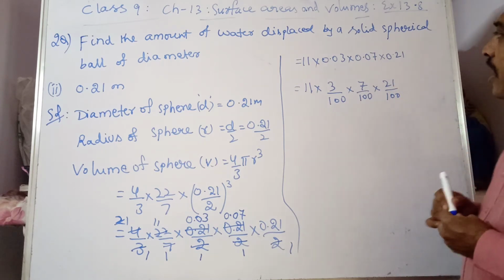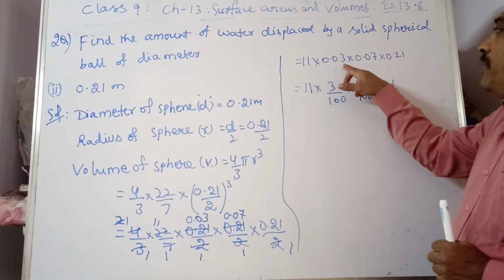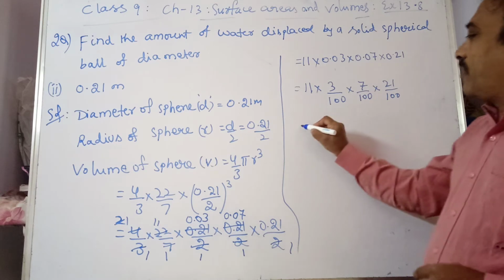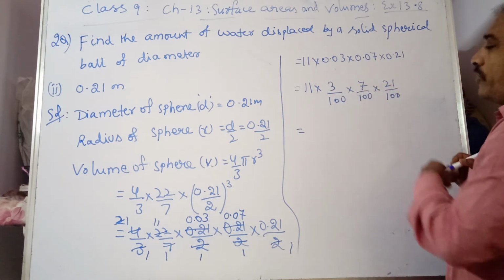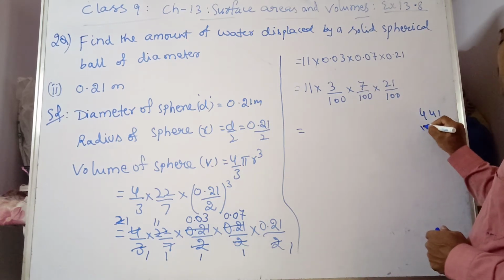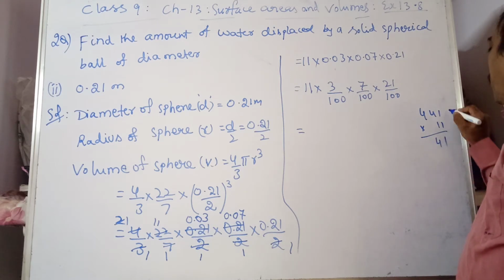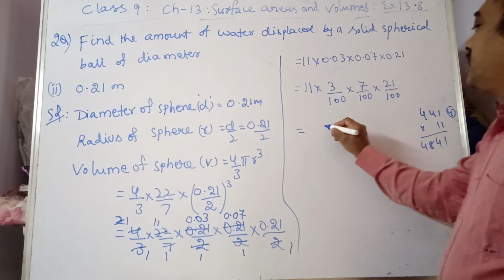After the decimal point 2 digits are there. After the decimal point 2 digits are there. Here also 2, here also 2. So which is equals to now 7 3s are 21, 21 into 21, 441, 441 into 11, 11 ones are 11, 11 fours are 44, 11 fours are 44 plus 4, 48, which is equals to